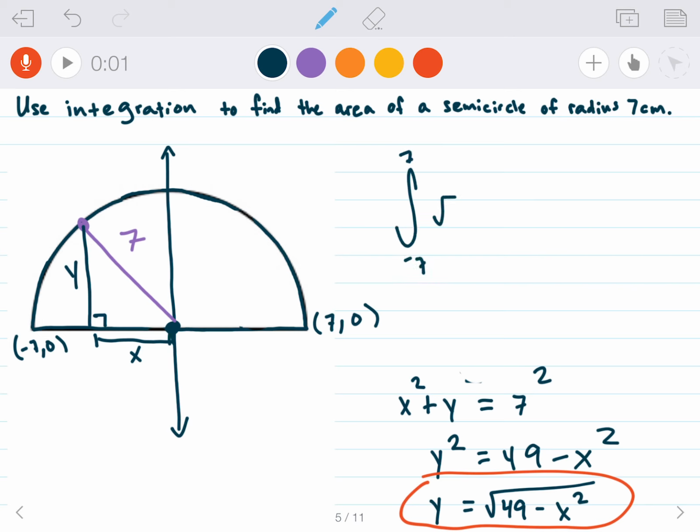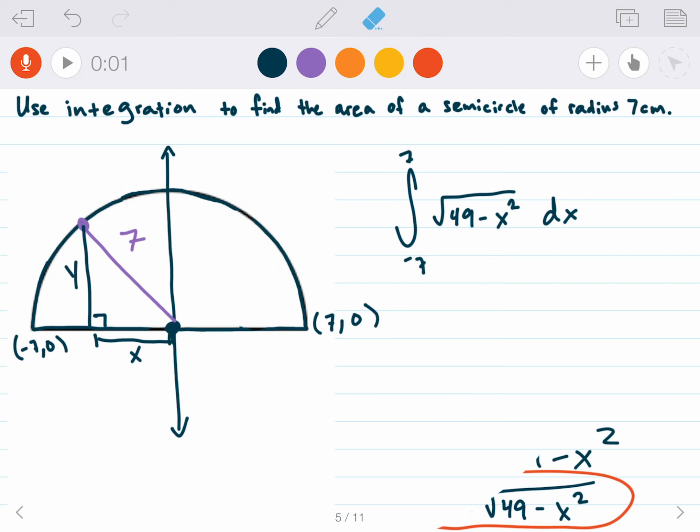So we have the square root of 49 minus x squared dx. Again, what I just found here is my height for a given x value. And what I can do at this point is use that table of integrals. Let's see, which one are we going to use here? Well, the first one I can use is